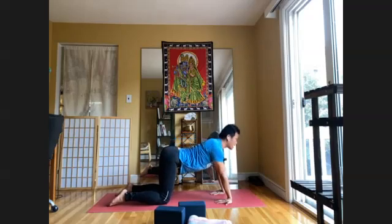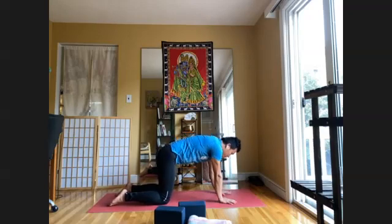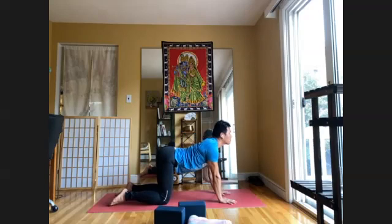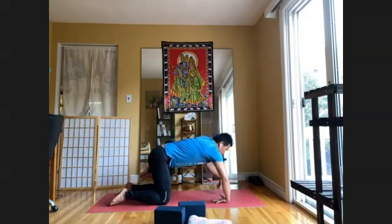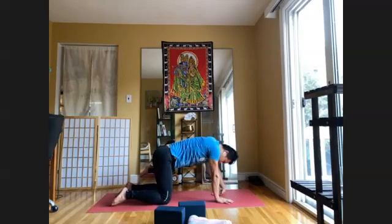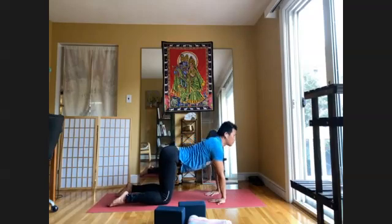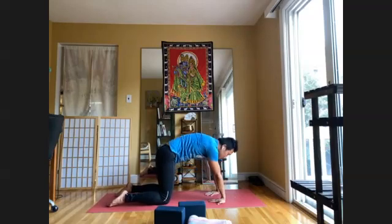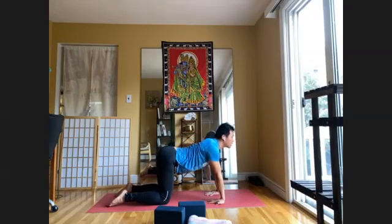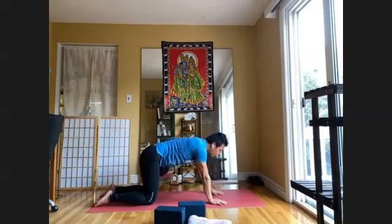You can add any other movements, including side to side, whatever your body is longing for at this moment. Be kind to your body. Listen to what it is looking for. And when you're back to neutral next time,